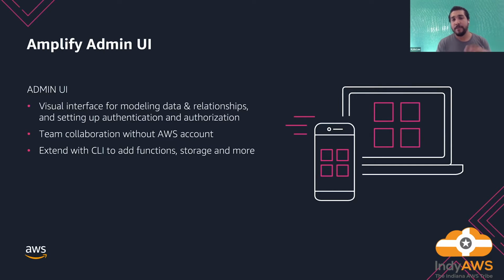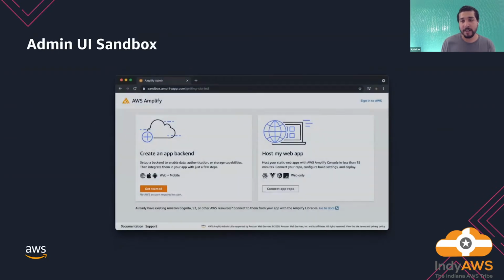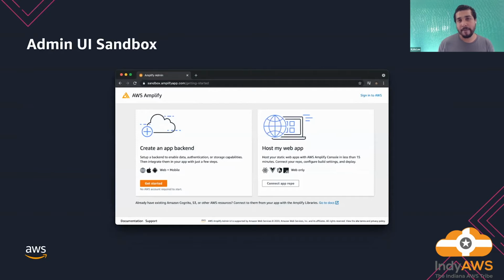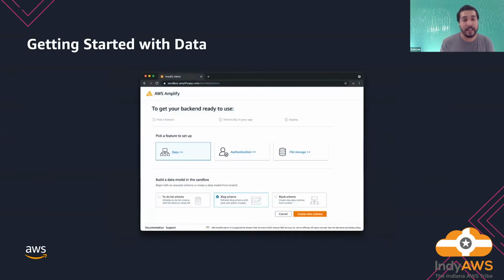But generally, if you wanted to just try out the admin UI without having an AWS account attached, and you wanted to just test the persistence layer, then you can use the admin UI sandbox. You could go to sandbox.amplifyapp.com, and you'll see a UI that looks like this, and you'll be able to go through the get started flow, where you can choose that if you wanted to get set up with data, and you could start modeling your schemas.